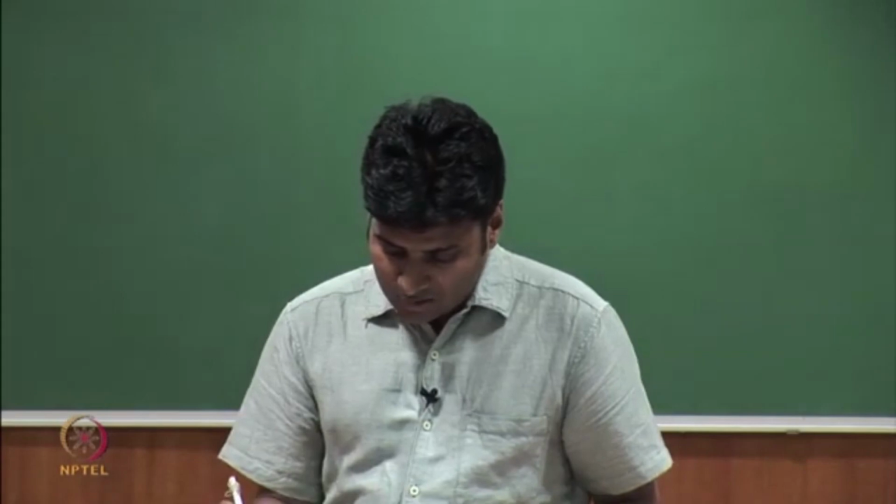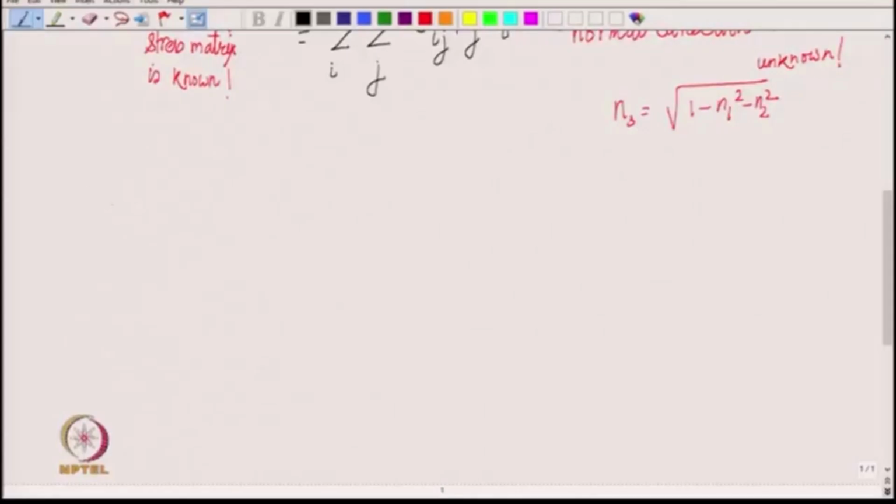So, the function to be minimized, let us call it f, which is a function of the 3 components n 1, n 2, n 3 and a Lagrange multiplier lambda, and that function is summation over i j sigma i j n j n i